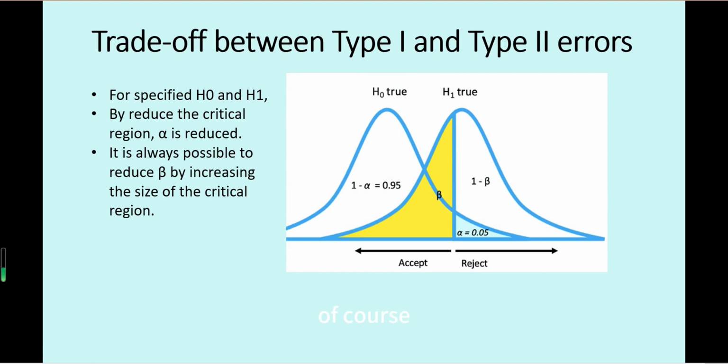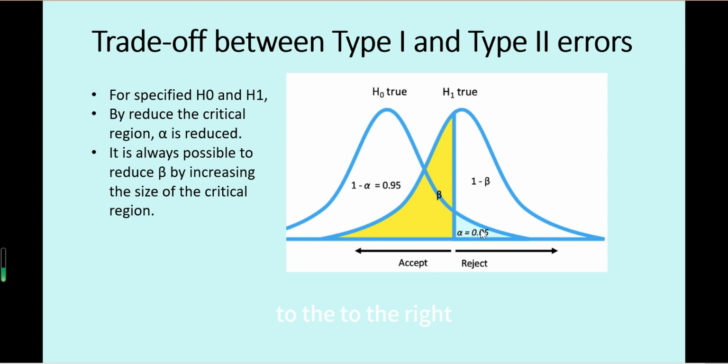People, of course, hope that both the type 1 and type 2 errors will be low. But actually, there is a trade-off between type 1 and type 2 errors. If you want to make type 1 error less and less, then you can reduce the critical region. We can set the critical line